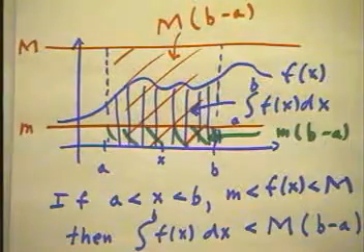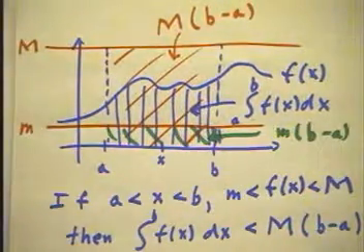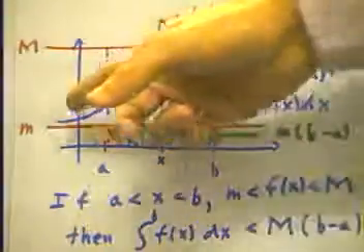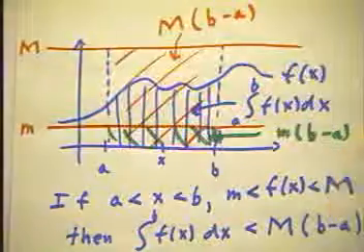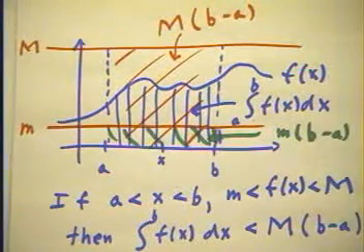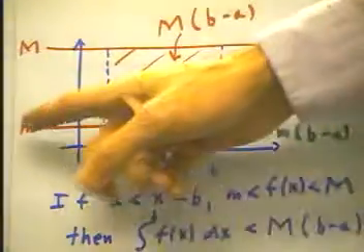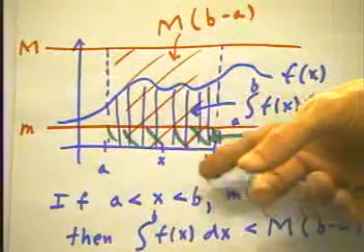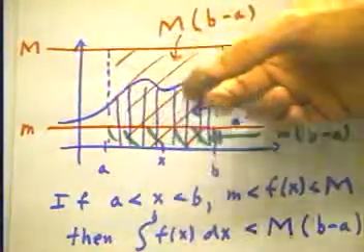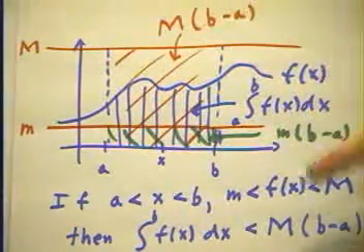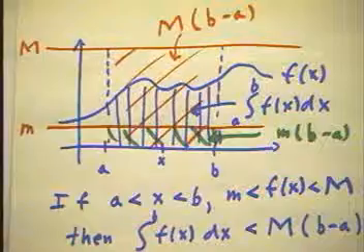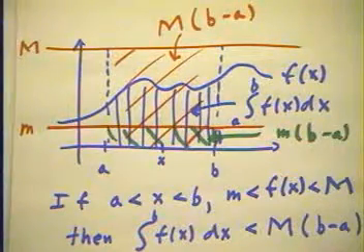Here's another important idea that's going to be used in the development of the theory of integrals. If we have a function f of x represented by this graph here, and we have some number small m, which between x equals a and x equals b is less than every value that we get for f of x, and we can see that that's the case here, m is clearly less than every f of x, then we can conclude that the integral